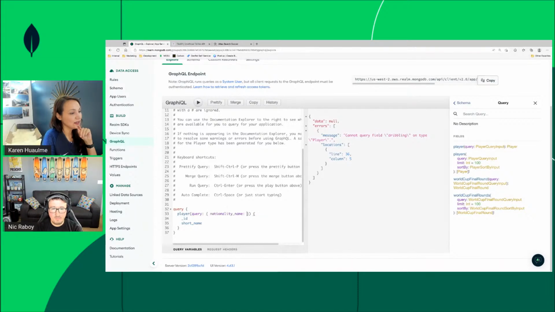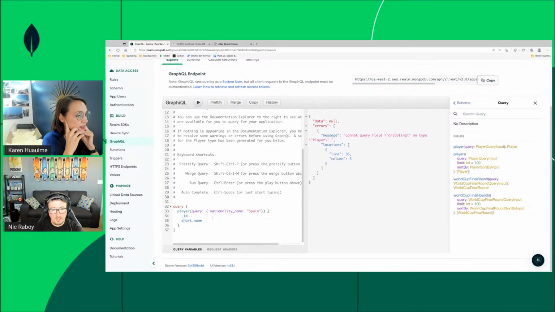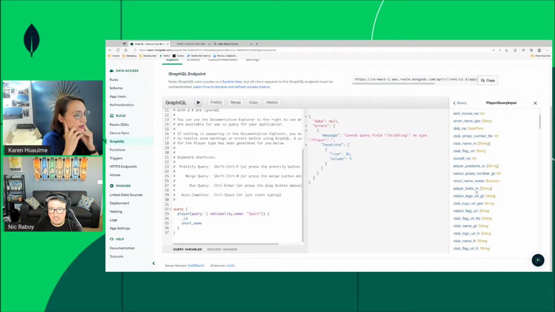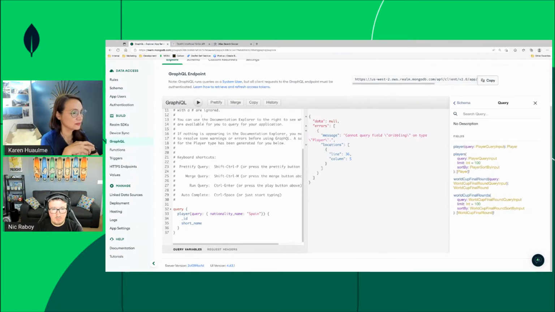All right. Close that. Oh, okay. And then Spain. Yeah. Does it matter if it's lowercase? No. Capital S and then lowercase p. All right. And that should be fine, right? Because we're expecting, if we look at the player query input, we should have nationality somewhere there. It came up when I was typing it. I could add limits and stuff like that, but if I run it,